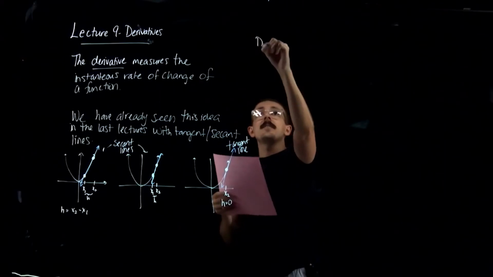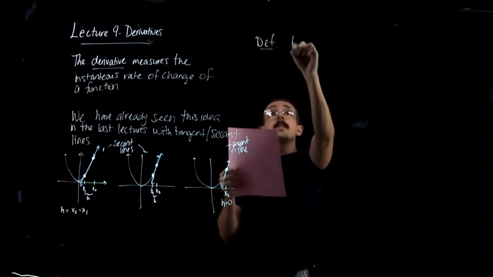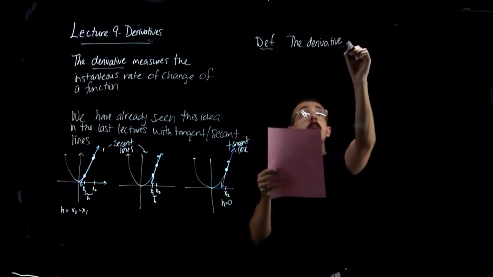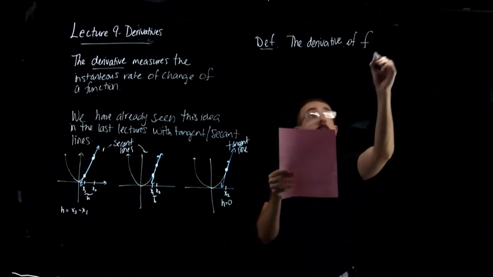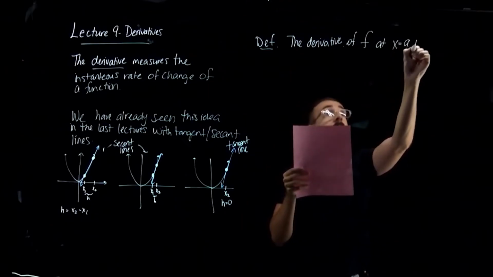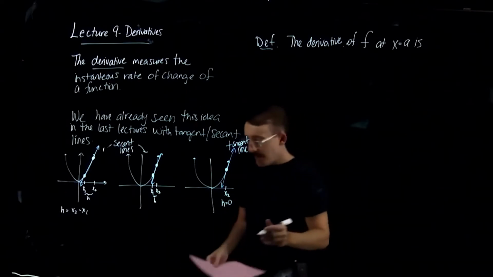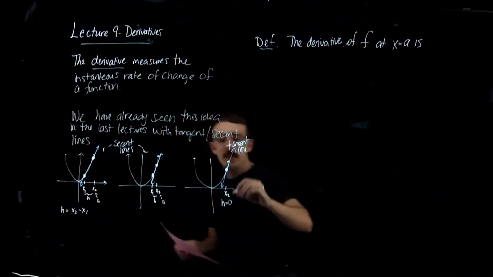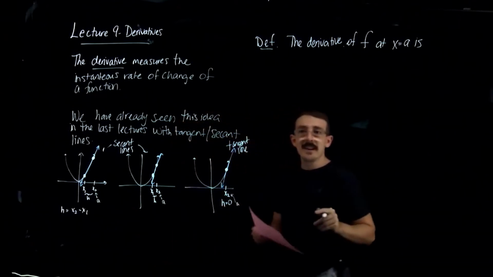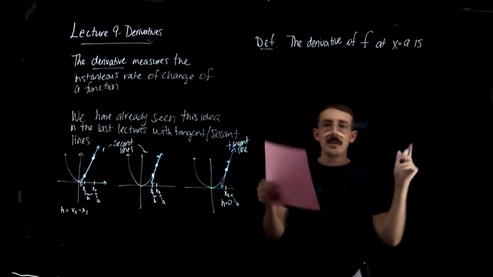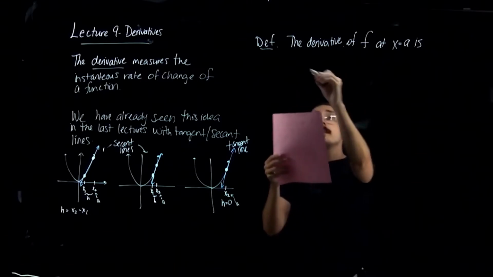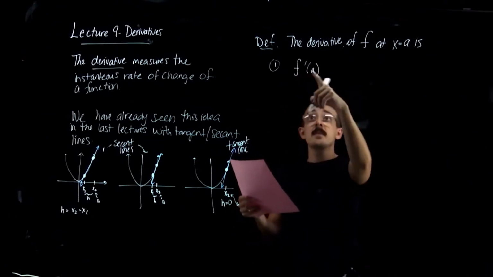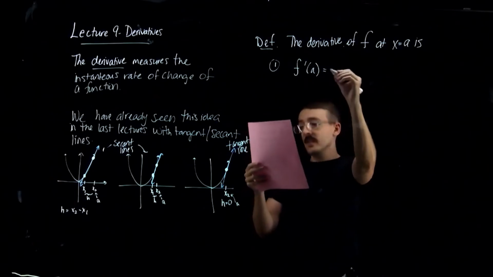So let me write our definition down. So we have the derivative of f at x equals a is, and if I go to my picture here, I suppose I'm going to call x2 my a this time. This is the particular x value I'm interested in. So these x2s, they'll be called a. So this is, we'll call this the first one. So this is f prime, that's how you read that, f prime of a, which is the derivative at a,